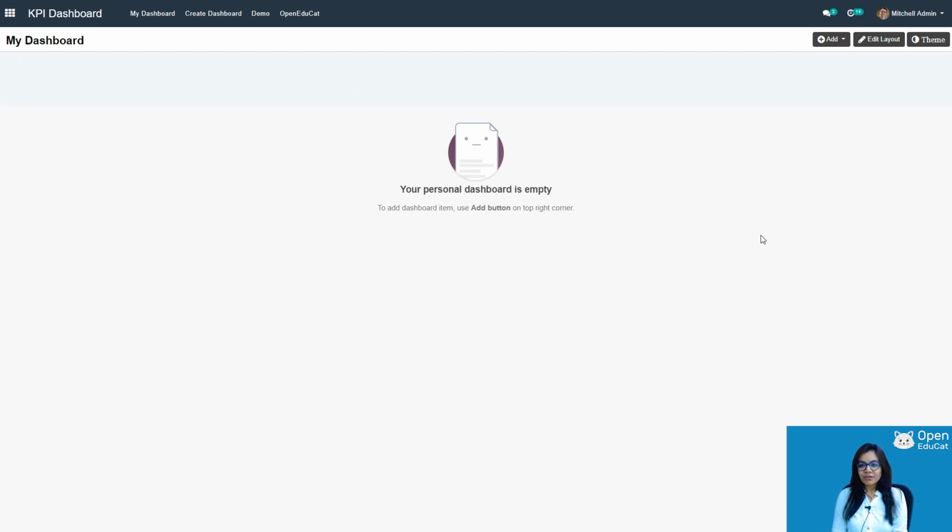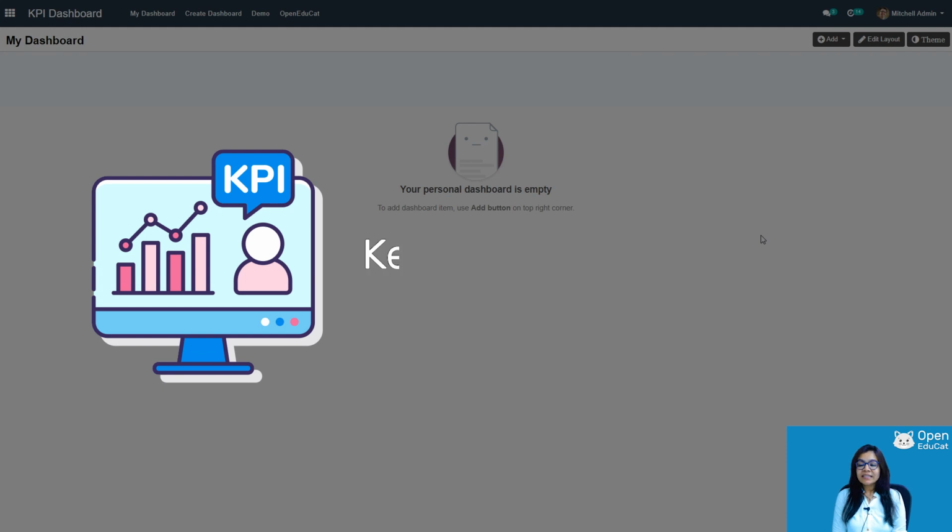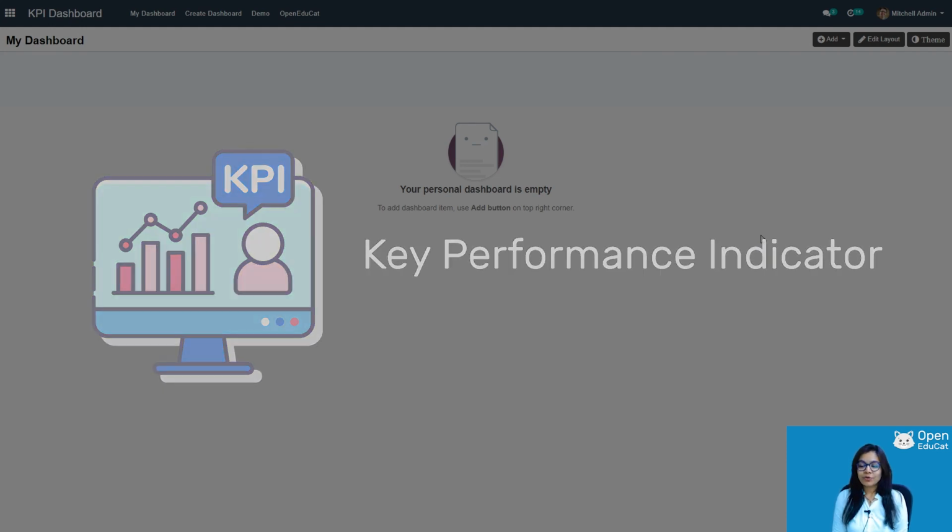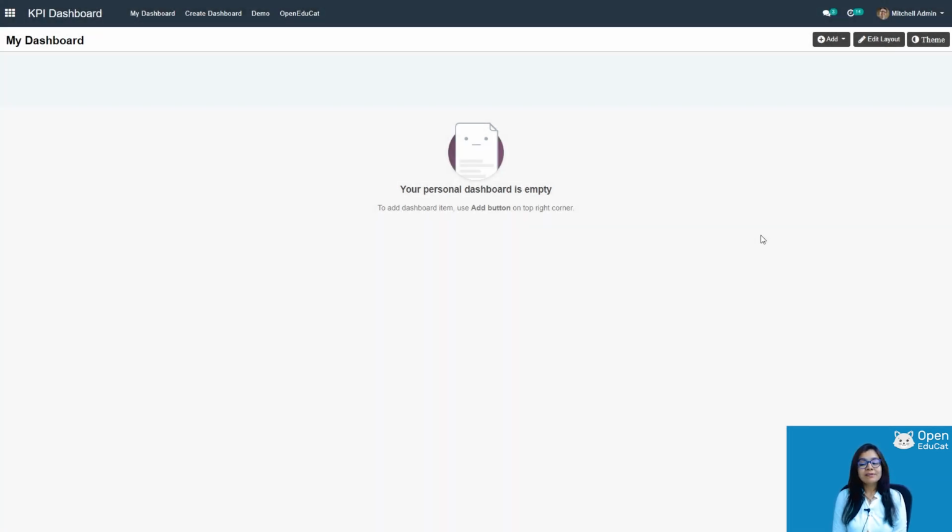But first of all, what is KPI? KPI is a key performance indicator dashboard, which is a simple visual display of your important data. You can add your data in the form of charts, such as a bar chart, horizontal bar chart, line chart, area chart, etc. You can add the data in the form of a tile and KPI view also. You can add your text, link, image also, and most important, you can import and export the data also.